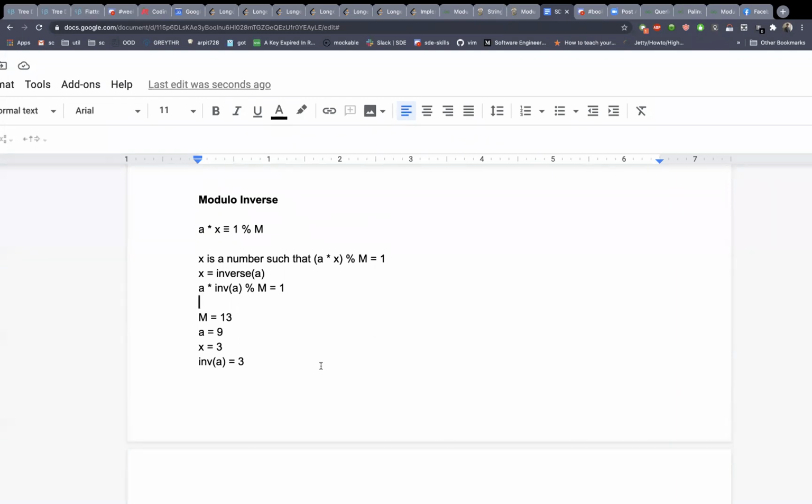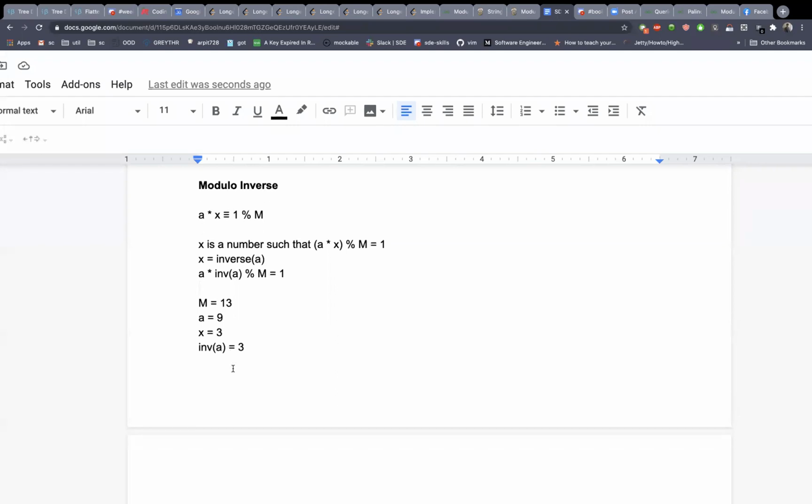So one thing you can think of is that x is going to be some integer, that we know for sure. One simple brute force approach is to traverse all the integers from 1 to n, multiply each with a, and check if its modulo is 1 or not. That would be a very naive way of calculating it, but it simplifies the understanding of it.